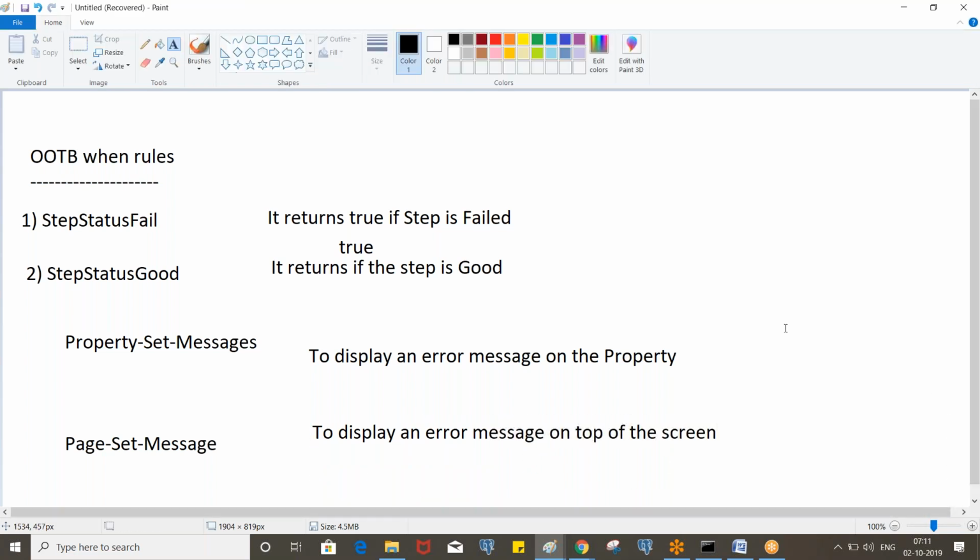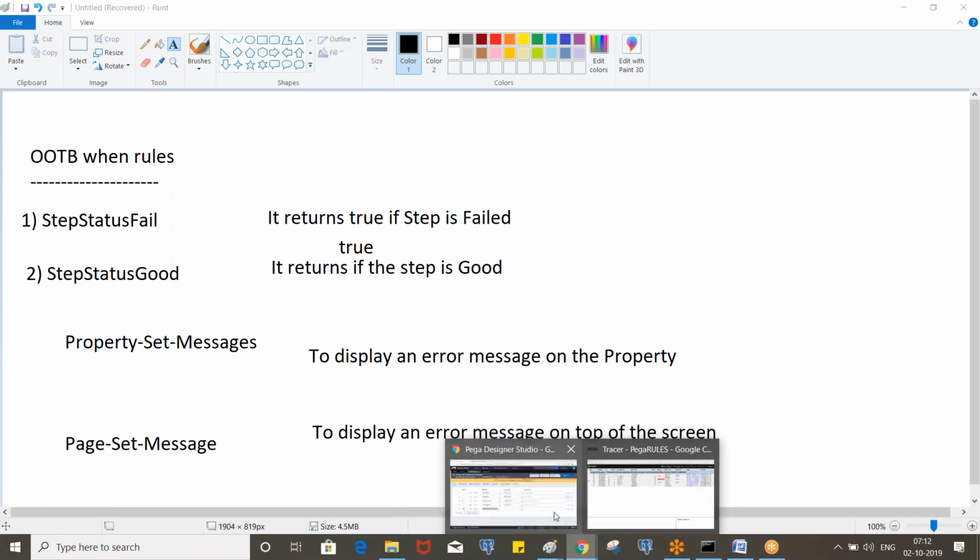Okay, so you are putting in a lot of validations, and instead of displaying on the property, we can also display all the messages on the screen. So these are new methods.